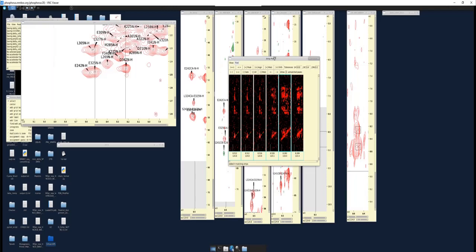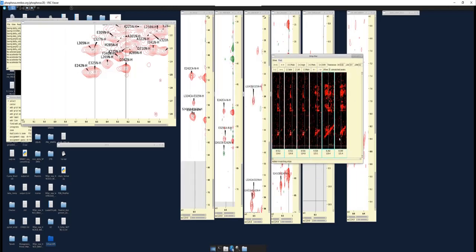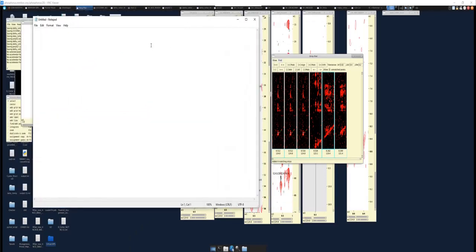But if we combine this with our 3 matches, again, we have 123.1, 119.4, and 121.4. So let's go to our notepad. Let's write down these values. So we can write down 121.4,